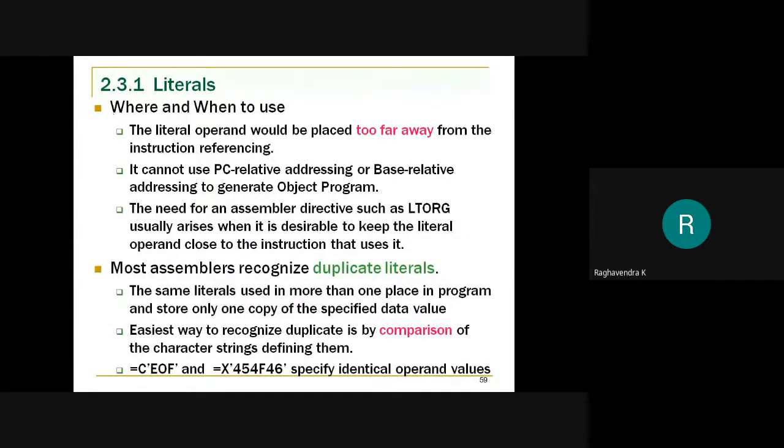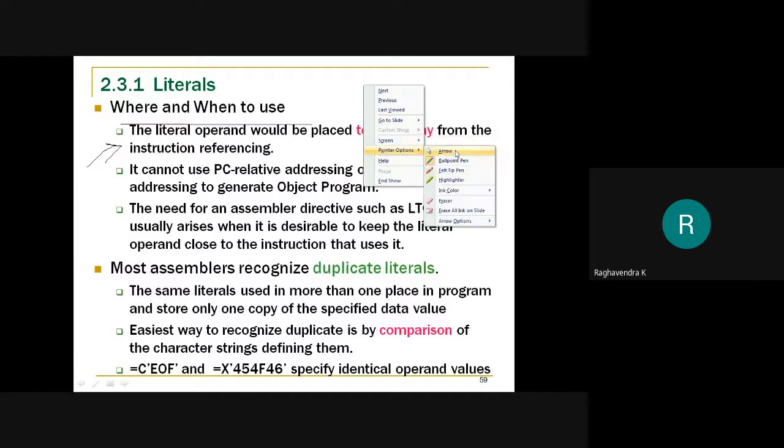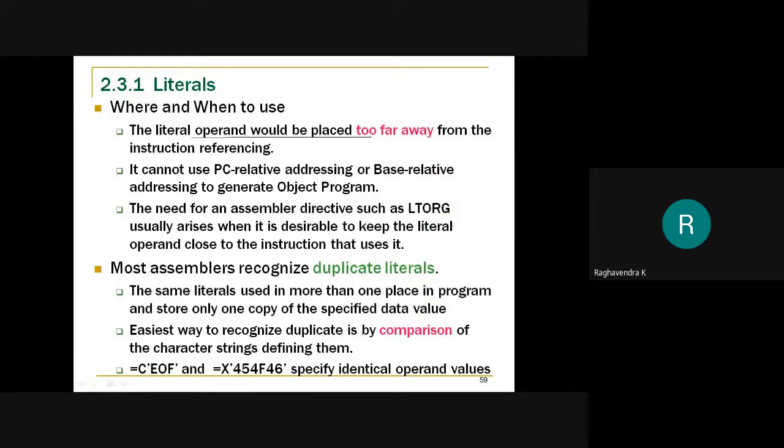Now there are certain scenarios where you can make use of literals, when and where to use them. They have been given; you can strictly follow this while using literals. When to use it? First, when the literal operand would be placed too far away from the instruction referencing it. If you know the operand would be placed very far away from the instruction, you can use the concept of literal and the LTORG statement to place the literal closer.